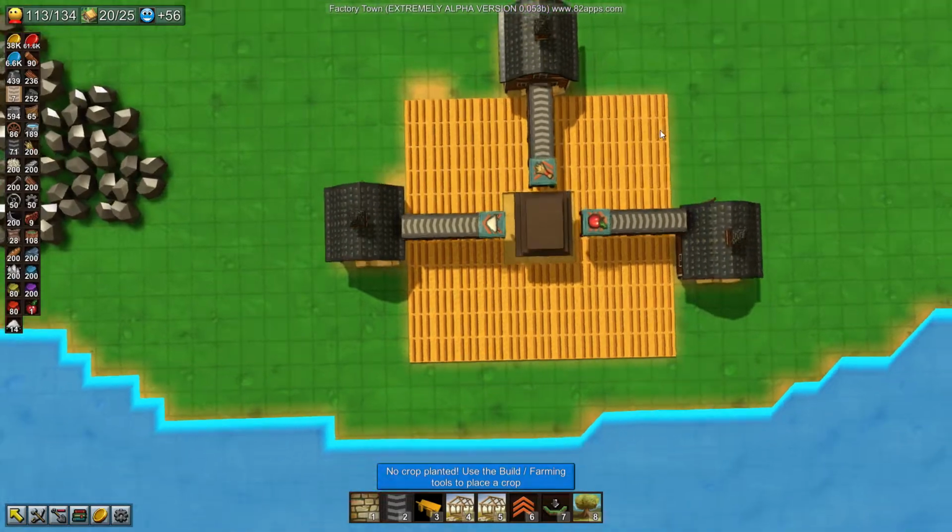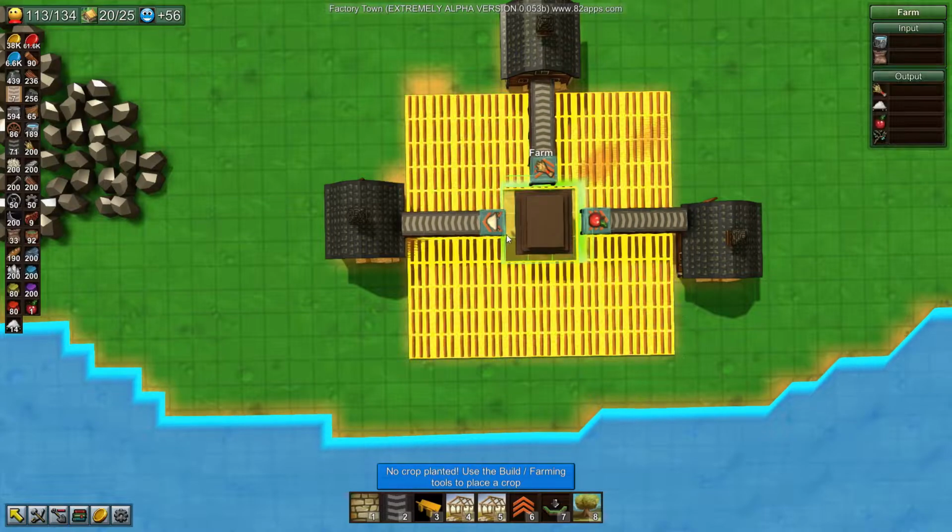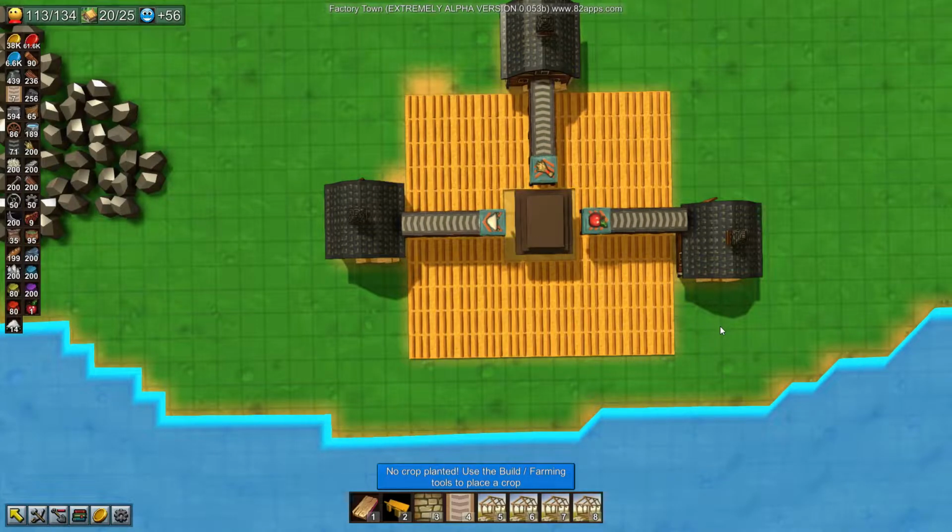So, how many tiles is that? 1, 2, 3, 4, 5, 6, 7, 8, 9, 10, 11. 11 by 11. Minus 9. My math is not that good. 11 by 11 is 100 and...